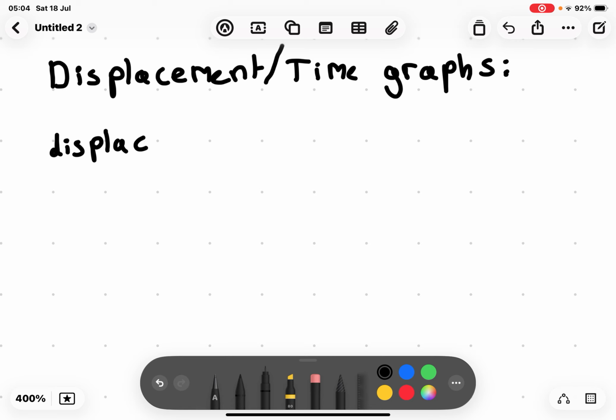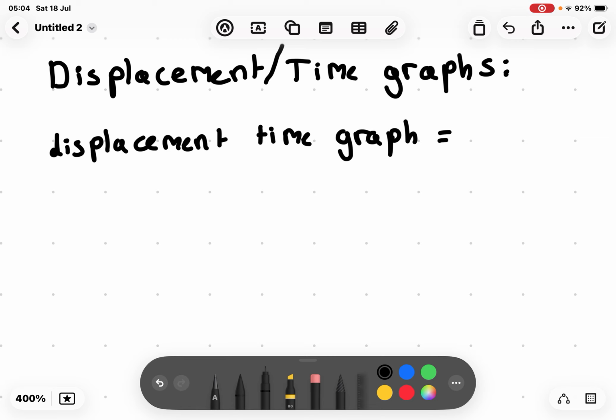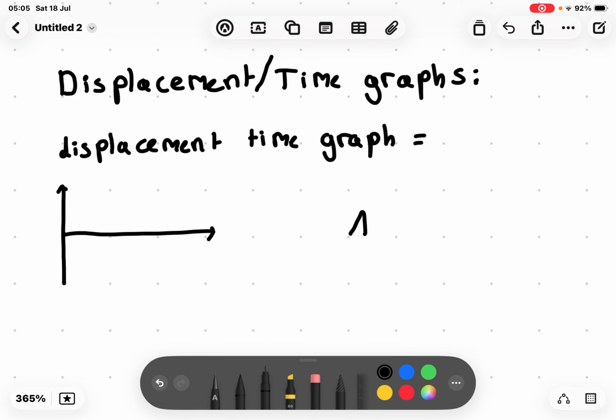displacement time graph. And how it would look would be something like this. So let's say we have a person, right? So this guy, he